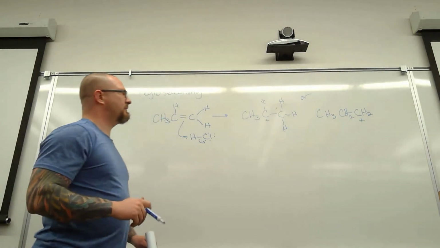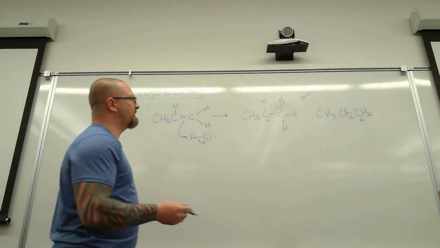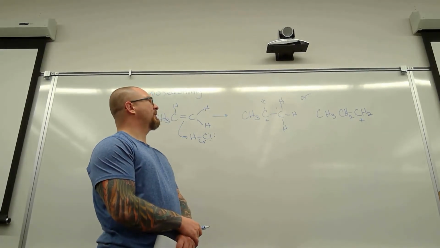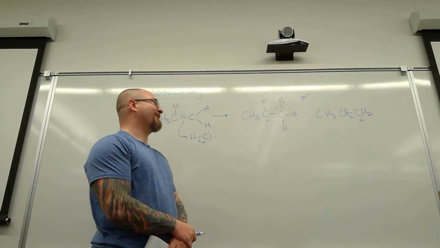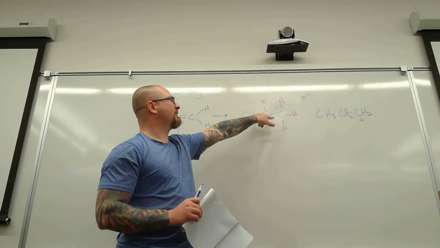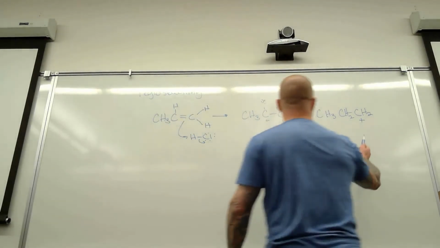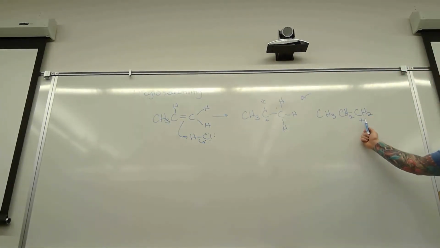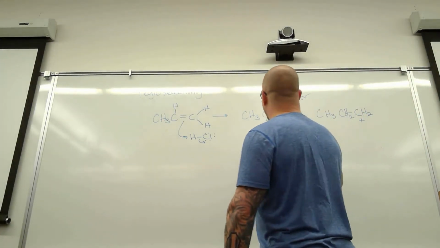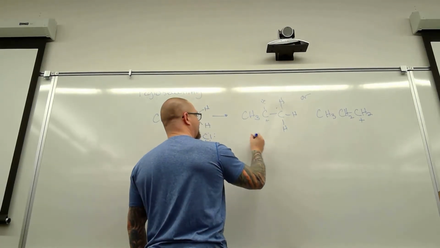So which one is more stable as a carbocation? The first one, because it is primary, secondary, or tertiary? Secondary, because this carbon, which is the carbocation, has 2 carbons bound to it and 1 hydrogen, so it's secondary. And this one is primary, so secondary is preferred over primary. So although we'll do both attacks,